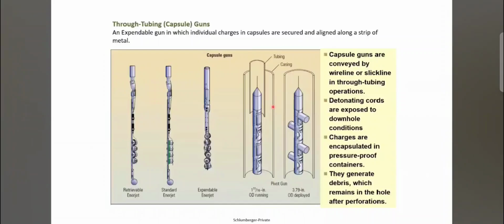There are many kinds of perforating guns. The main kinds that we have are going to be what we call through tubing guns. Through tubing guns are guns that can fit whenever the